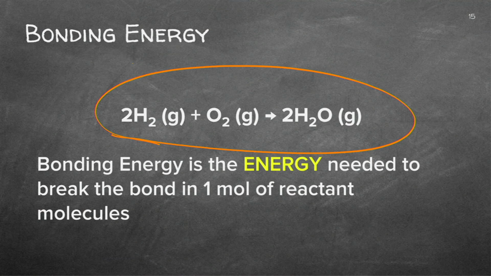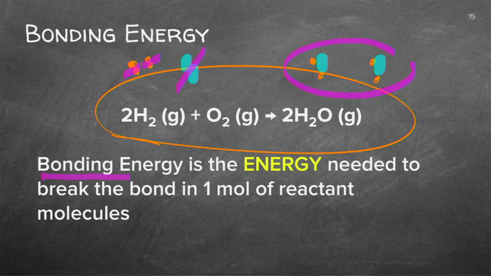I've got two molecules of hydrogen here, and I've got oxygen. So the oxygen is a diatom, as is the hydrogen, and I need them to form a water molecule. Now you know I've got this water, and it's two of them, and I've got the hydrogen and oxygen. And in order for me to form this product, I need to break each of these bonds that exist already.